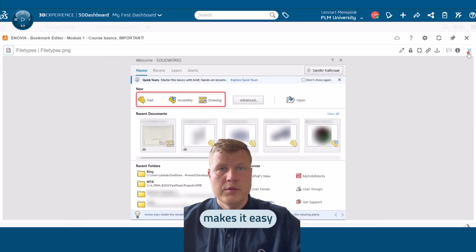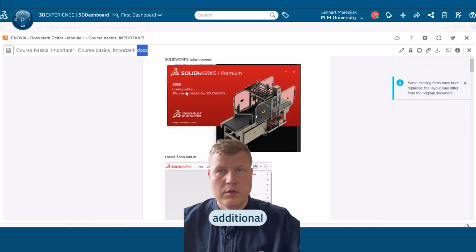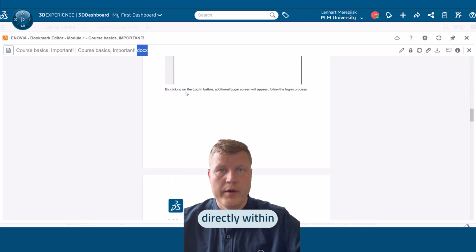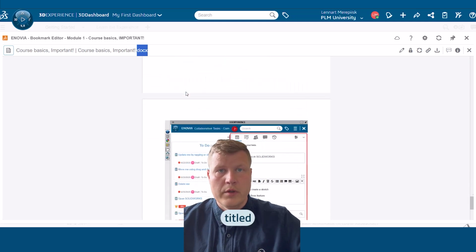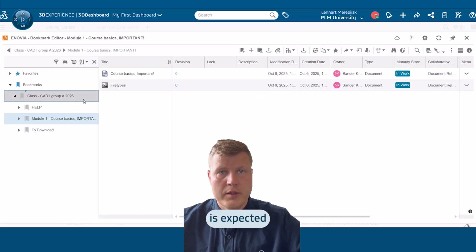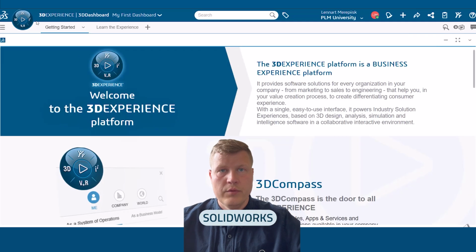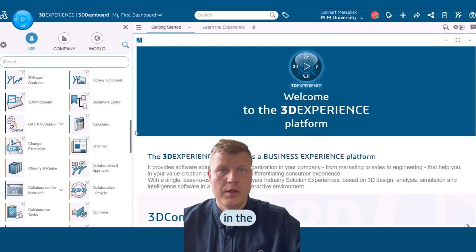The platform makes it easy to preview different file types without installing additional software. For example, you can open image and documents directly within the same environment. Here we can have a document titled Course Basics, which provides an overview of what is expected and where to find relevant materials. Now, to connect SOLIDWORKS with the 3DEXPERIENCE platform, we search for the SOLIDWORKS Add-In in the application